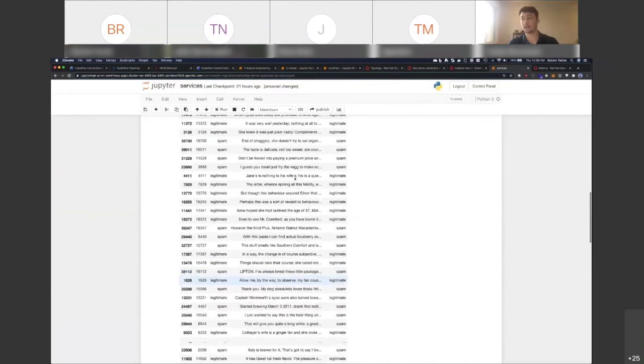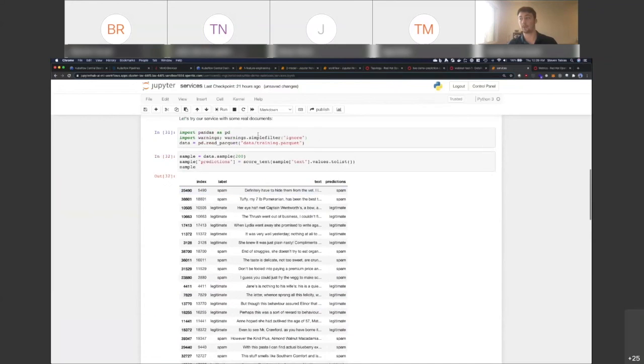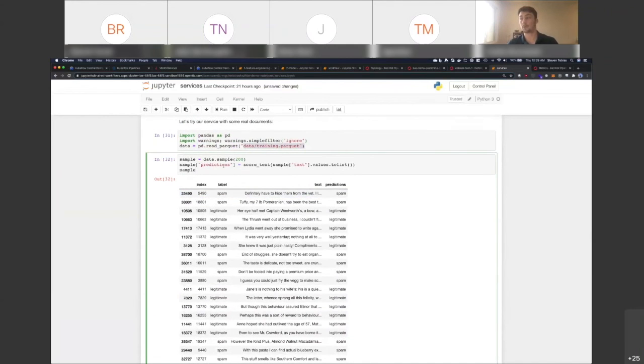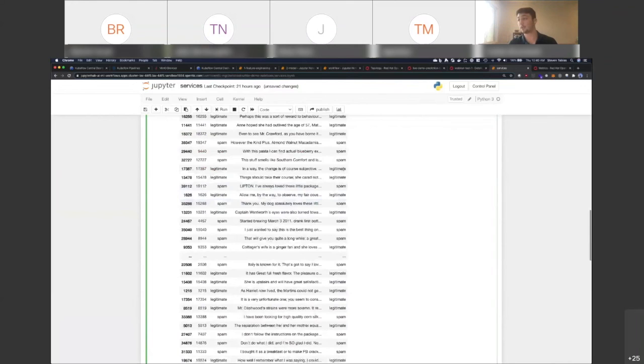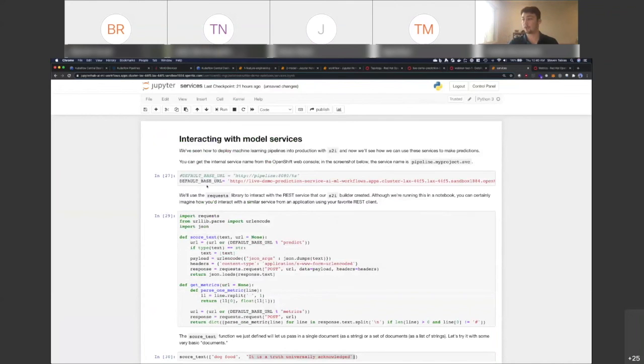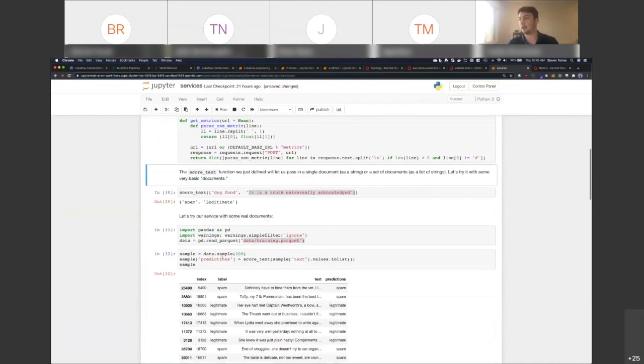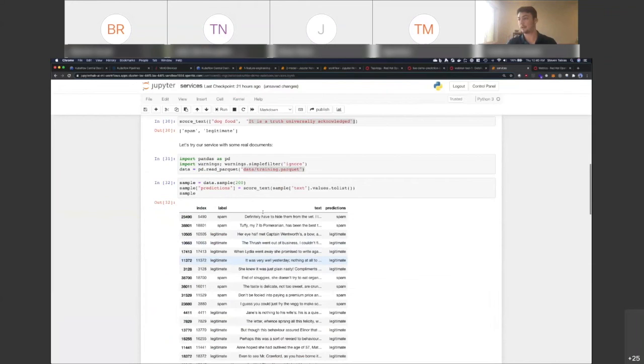So you can see here just an example, we've iterated through our training data and we've scored each of them. The prediction is over here in the right-hand side column. And you can see each of the text predictions here, but we're actually getting this from the live service now. So what's cool, I'm going to change this just a little bit so I can see metrics. If we keep going down the list here,